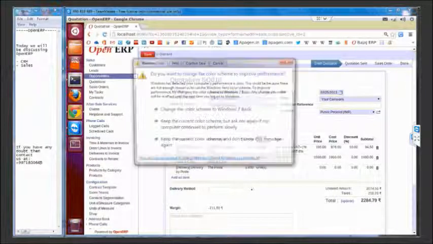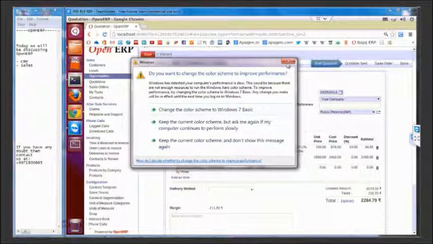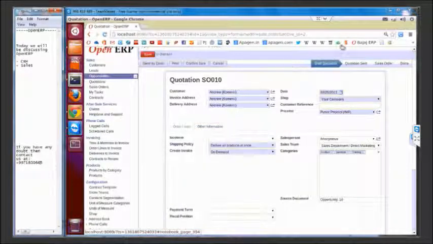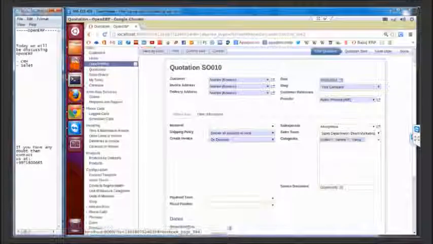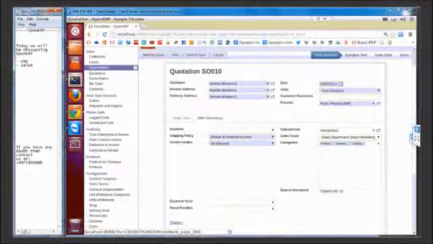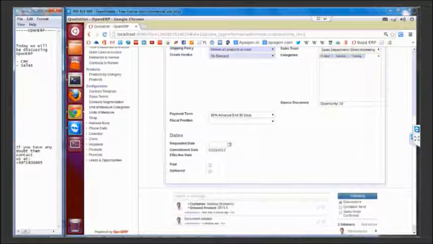Since we had converted the opportunity to a quotation, the customer is automatically taken here. The invoice address and the delivery address are taken from the customer form. Automatically today's date is chosen and the price list is also chosen by default. Of course, there is a possibility to change the information right from here. You can choose other required information, the categories in which this particular sales order lies, the sales team, and the salesperson. It automatically fetches from the opportunity form. The shipping and the invoicing policy can also be chosen from here. In case there are some payment terms, we can choose them here.